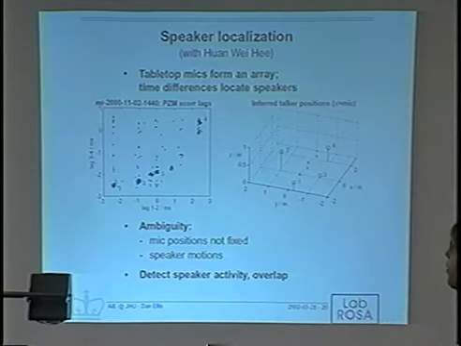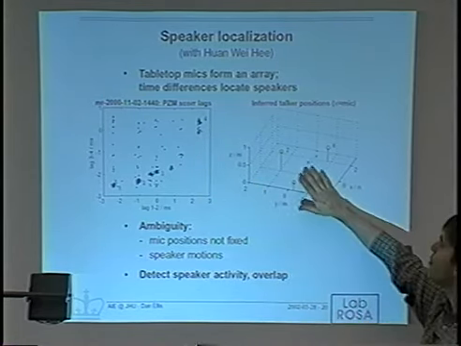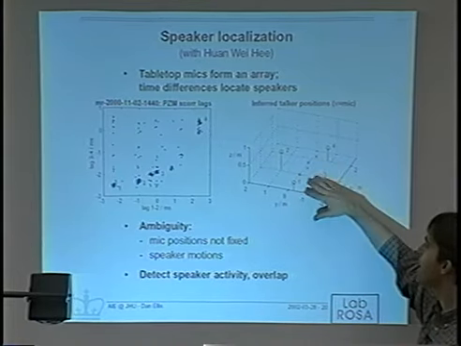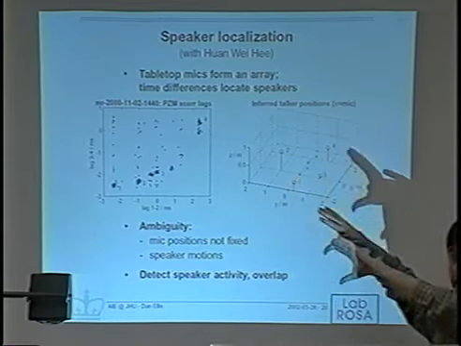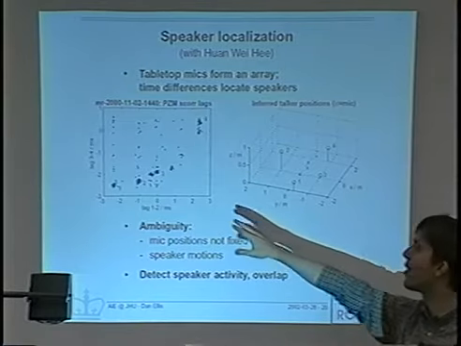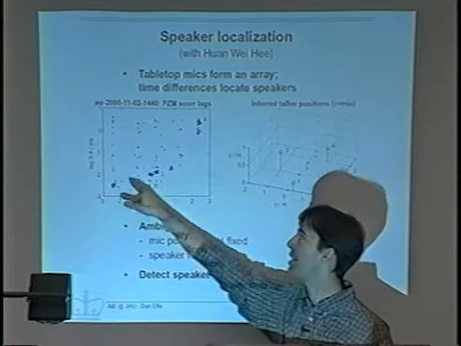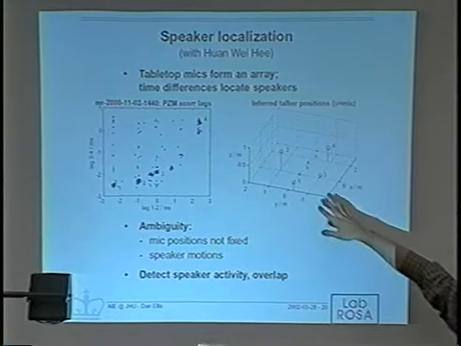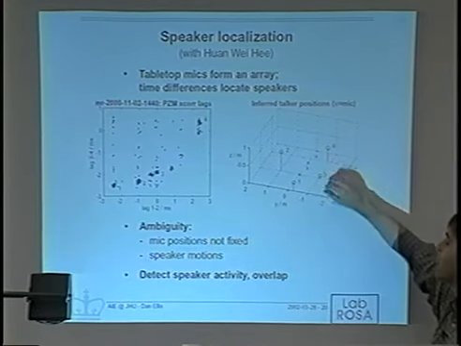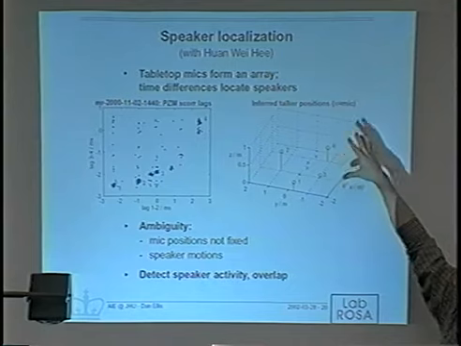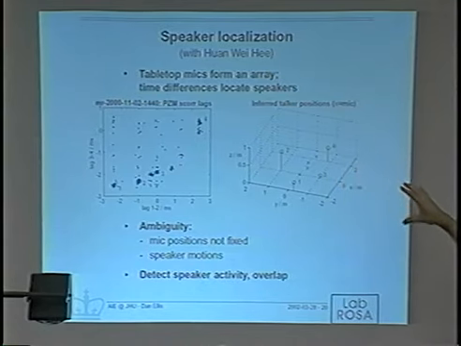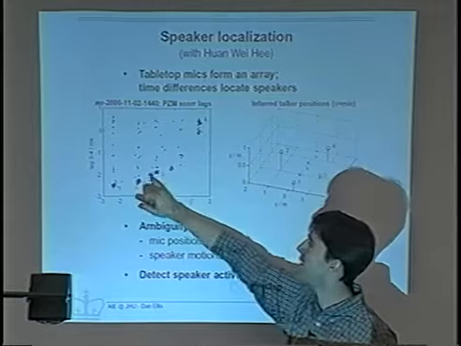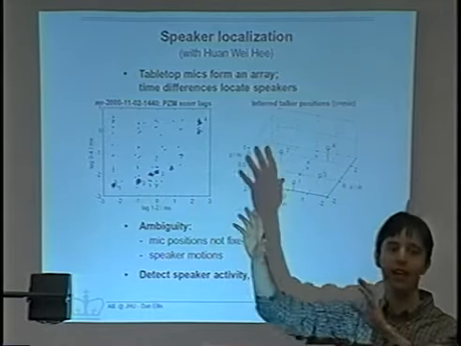And then what you can do is, knowing approximately where the microphones are, you can try and just do a gradient descent to find the positions in 3-dimensional space that would correspond to this particular lag, and the difference between 2 and 3 as well, which I haven't plotted. We're finding this converges quite nicely, so you can then recover the actual 3-space locations of the individual speakers. But what you see here are the 2 little clusters, and this is when speaker 3 actually moved slightly while they were speaking.